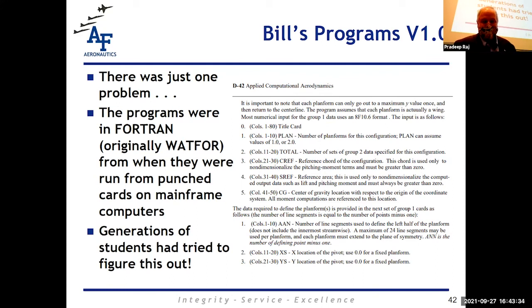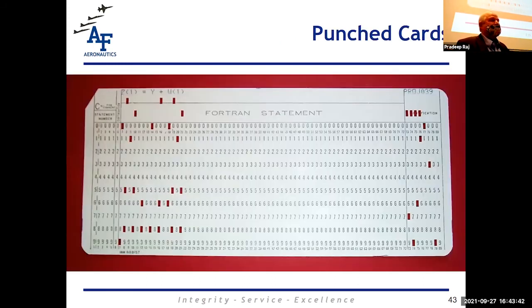They didn't understand that the program had been written with these punch cards in mind. These are a Fortran punch card that you would write a program on, and it had different columns for different things. The first column was a comment. You put something in the first column, and statement numbers, continuation, and then the main program was in columns 7 through 72. How come I remember that? That's just, oh, that's disgusting.